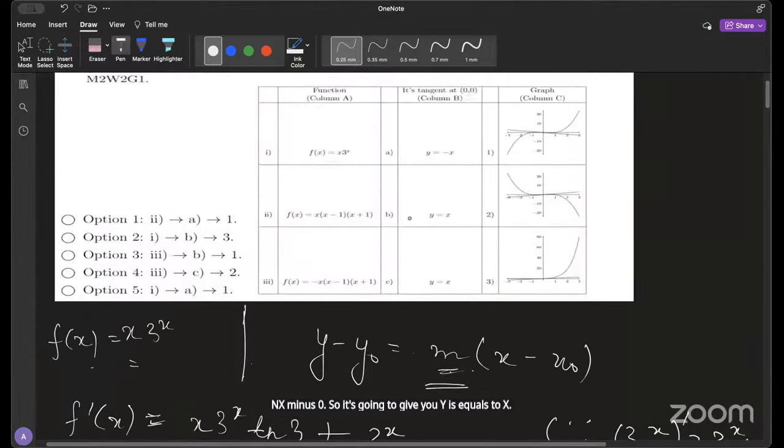There are two options for it. y equals x appears two times here. But in the given options, I think, yeah, 1 is only mapped to B and it's not mapped to C anywhere. That's not a problem. In fact, you don't even have to